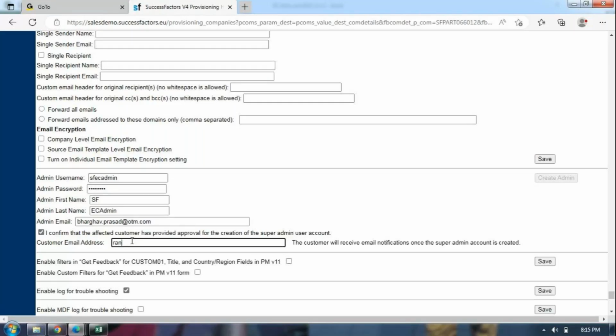Else, ranjan.kumar at ramkey.com. Just copy and paste. Automatically, see here, guys, the moment you place the cursor, this button is enabled: create admin. The moment I click on create admin, immediately it may ask you